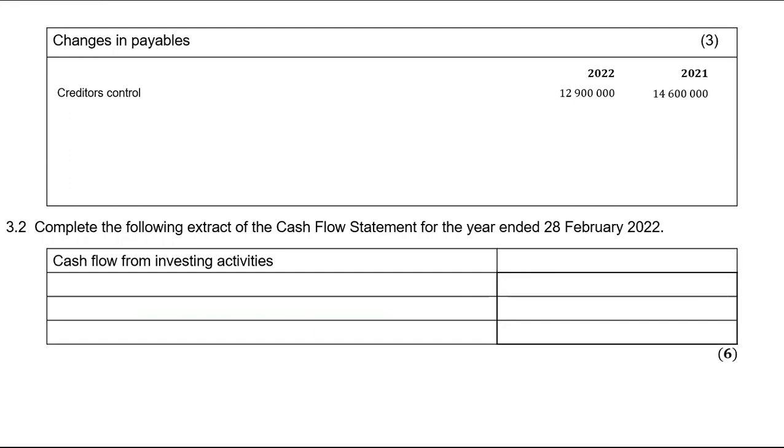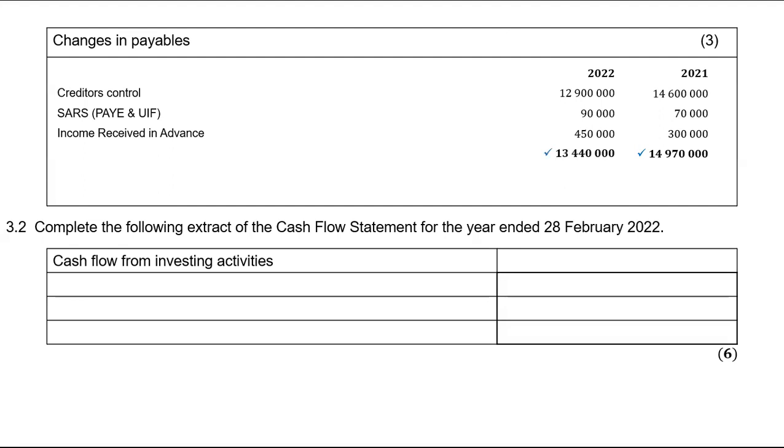This so far indicates that there was a cash outflow due to us paying back our creditors. And then we've got sales, pay as you earn, and UIF. I'm simply going to add those to each year. And then we have income received in advance. I'm going to add that to each year as well. And the totals will be, for last year, 14,970,000. For this year, it is 13,440,000. This has decreased. A decrease, as I've said, indicates a cash outflow, which amounts to